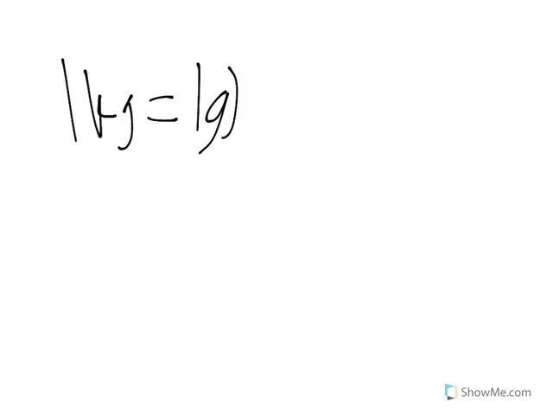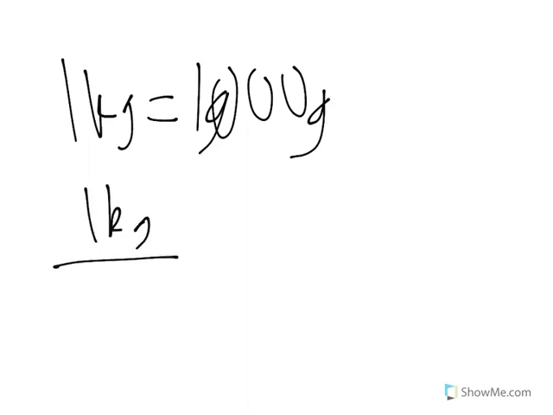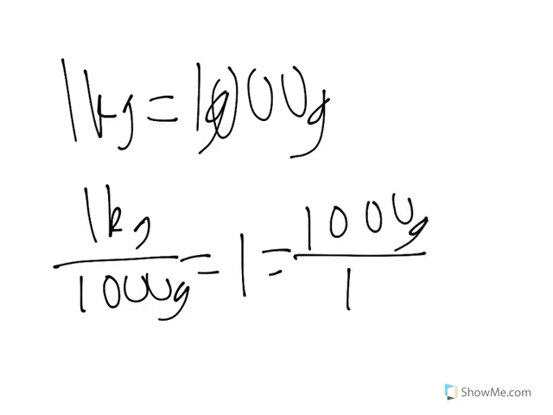So how does this apply to our concept? Well, let's say 1 kilogram equals 1,000 grams. That's something I mentioned earlier. And then we can divide through. We say 1 kilogram divided by 1,000 grams just equals 1, right? Simple algebra. Well, now we can multiply anything we like by either 1 kilogram over 1,000 grams or 1,000 grams over 1 kilogram. This means if I tell you you have 250 grams of assorted weights, how many kilograms is